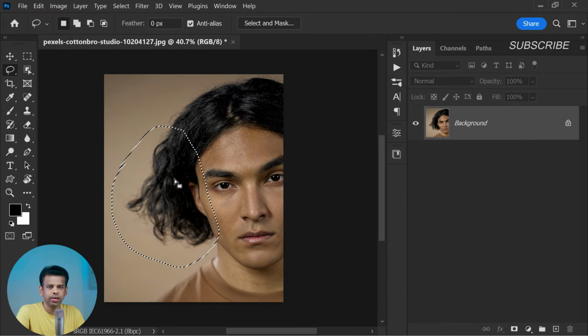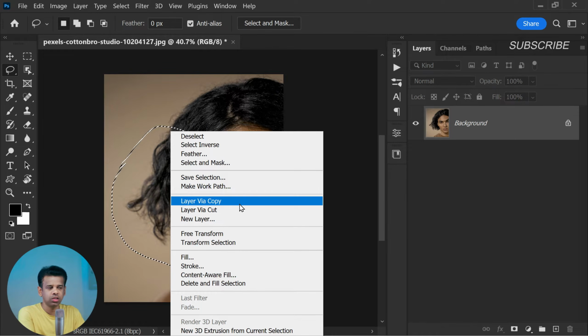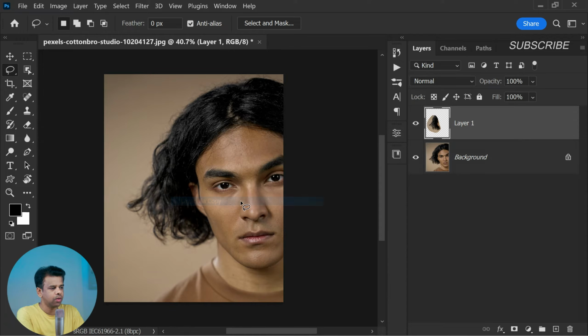This is because hair tends to blend together and doesn't have well-defined edges. Therefore, a rough selection will mimic the natural texture of the hair and help it blend in better with the rest of the image. Once you have made your selection, right-click on the selection and choose Layer via Copy. This creates a new layer with only the selected area, which allows you to edit the hair without affecting the